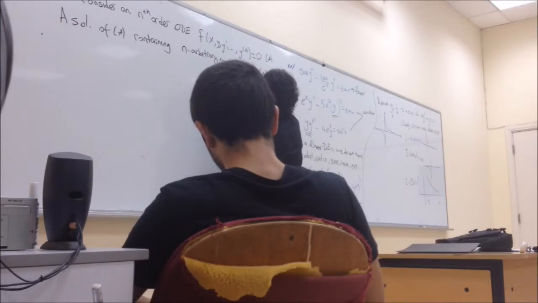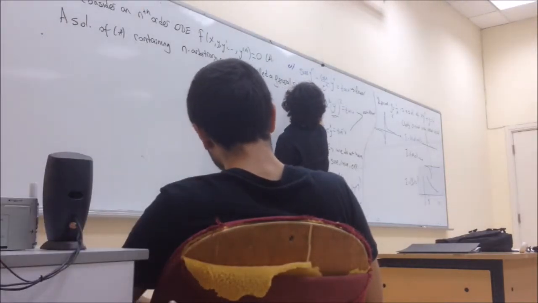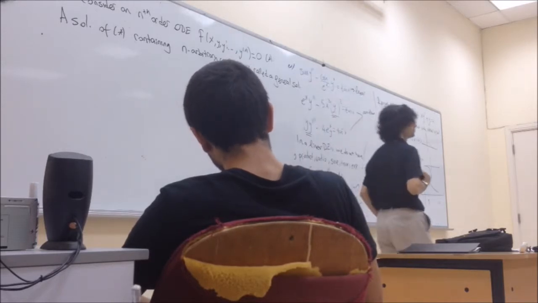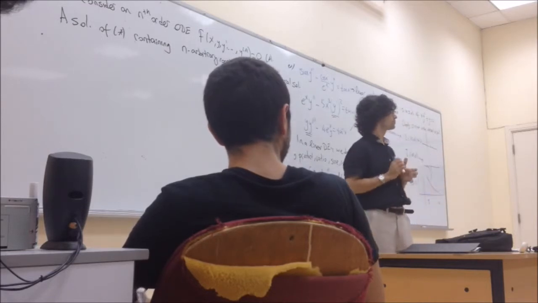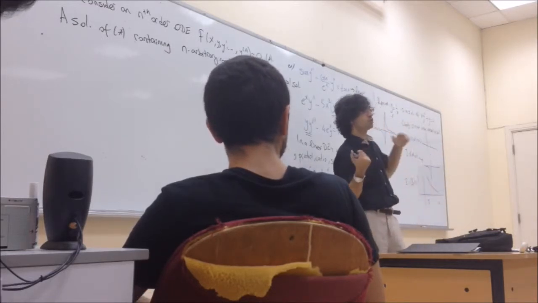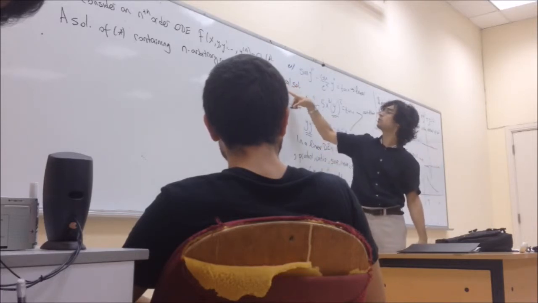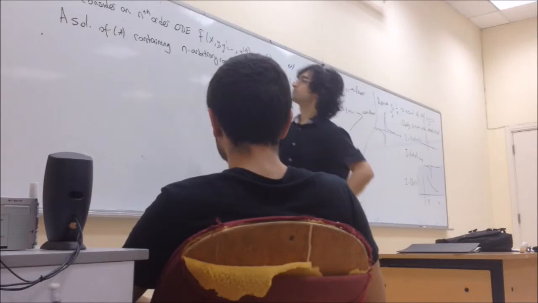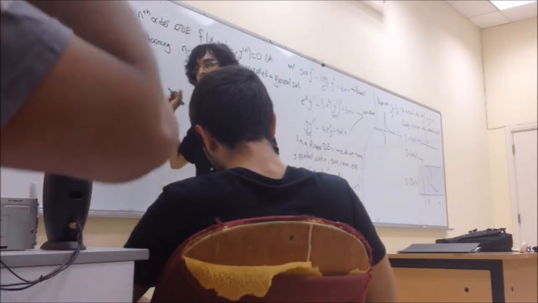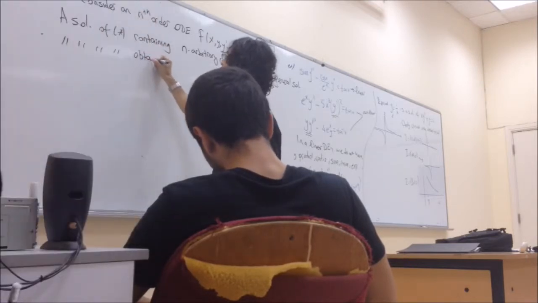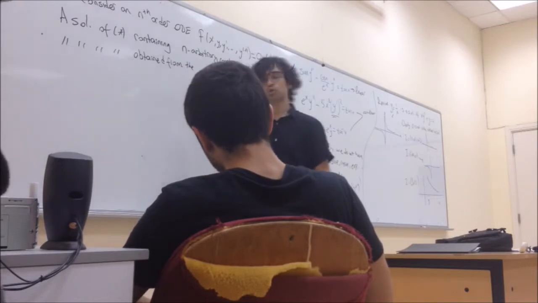is called a general solution. So if you are talking about a second order equation, then you must have two arbitrary constants if you are trying to find a general solution. Okay, a solution of, again, star, obtained from the general solution